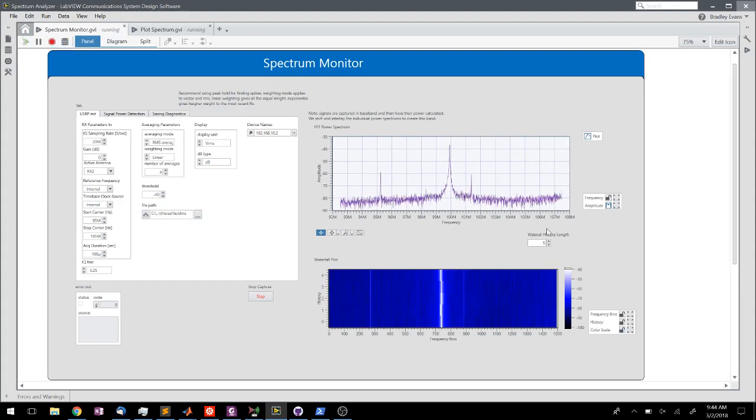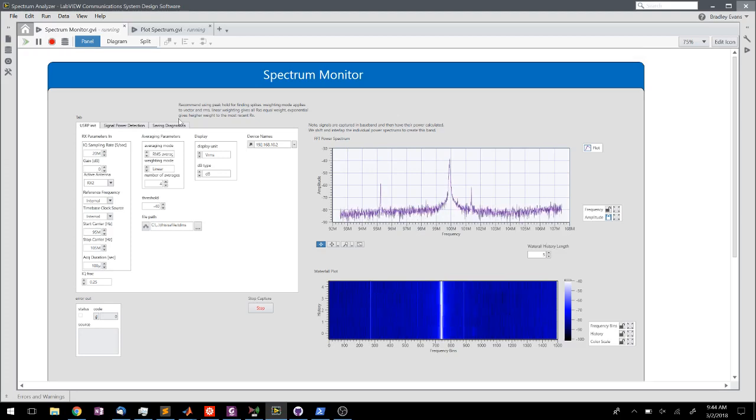Okay. FFT power spectrum between the start and stop carrier defined here. Waterfall plot showing a time-based version of this, and it's running. As this is going on, I have signal power detection